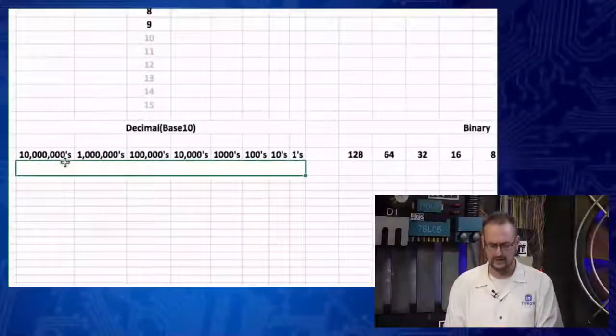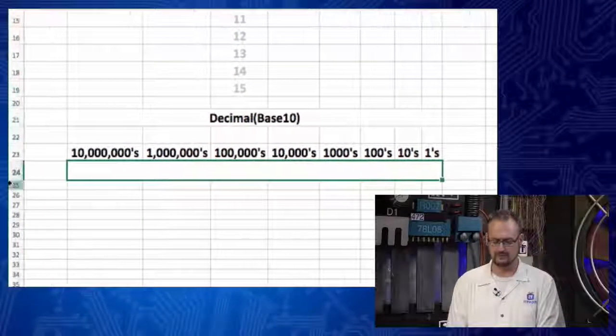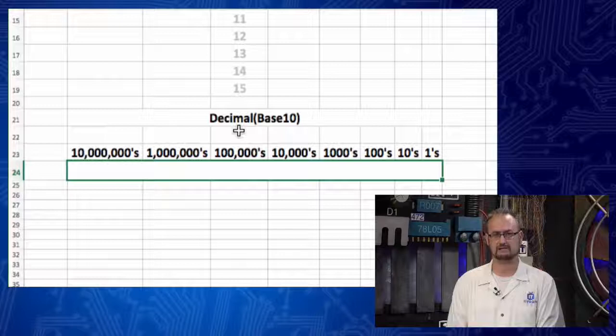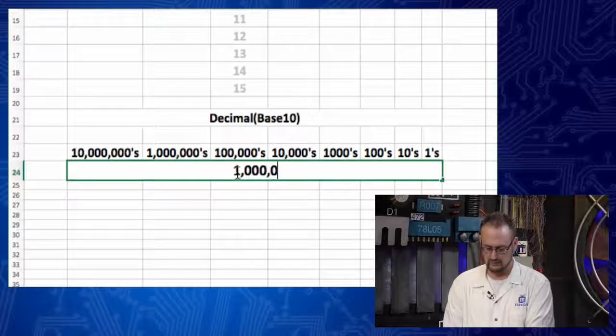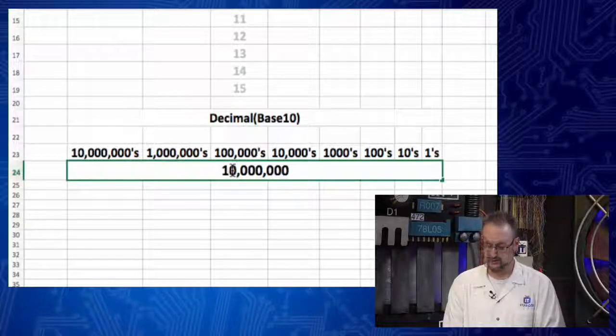So in base 10, right? Maybe you remember this from your basic math, right? Base 10, we have 8 place values here. All right, so if I was to write out a number, let's say, I don't know, something like 1, help me with my numbers here, 1, 2, 3, 4, 5, 6, 7, oh, looks like we need one more there. Maybe 10, I should have stuck with 10, right?